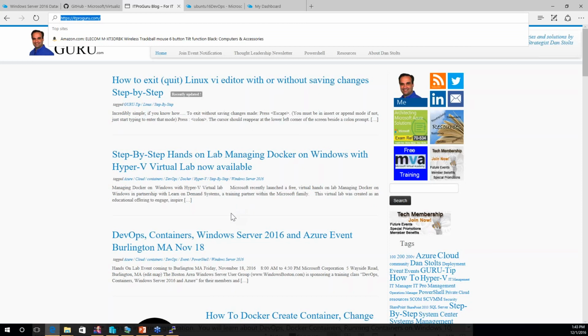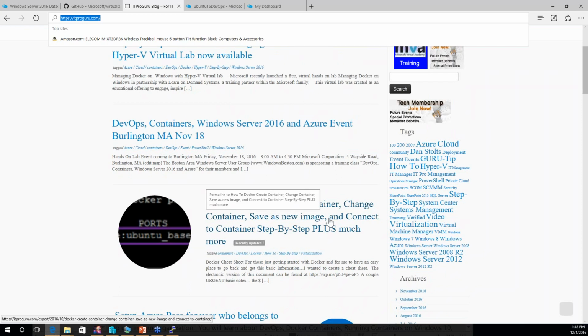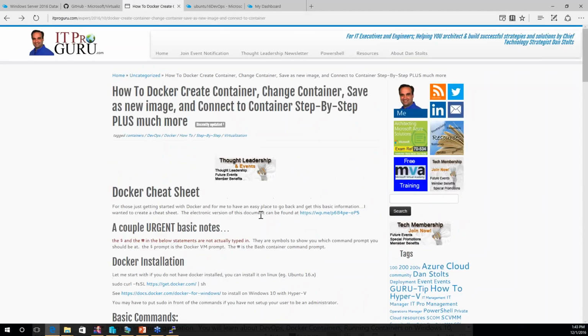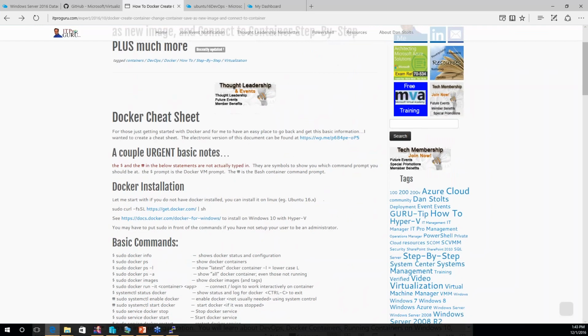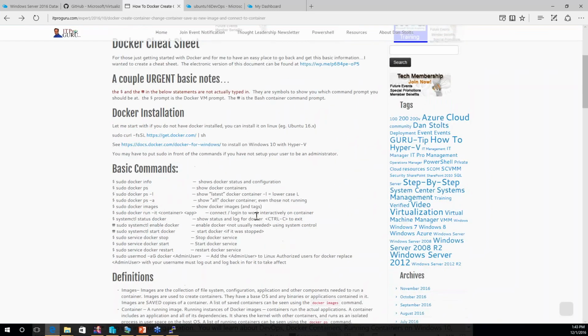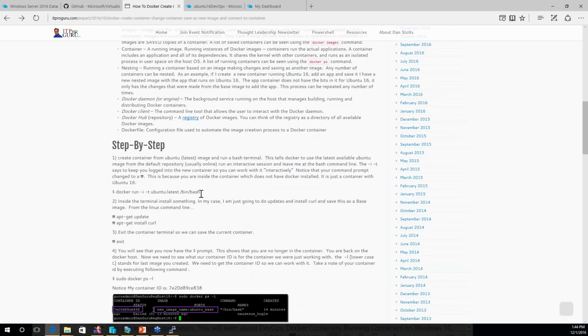And this is one of the resources on the resource slide at the end of this deck. Let's go to how to Docker create containers, change containers, etc. Because what I want to do is kind of show you the basics of how to get started with Docker, because I actually give you the step-by-step instructions, the commands. So this is the command to run a container, but let's